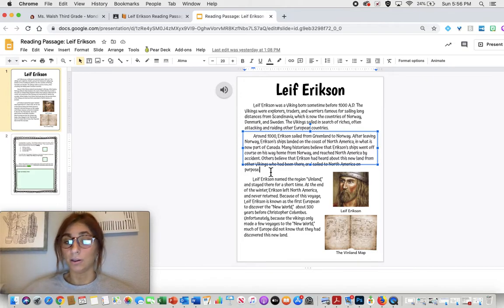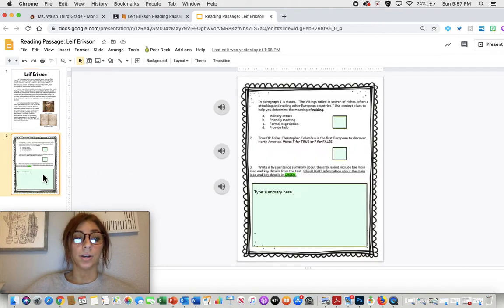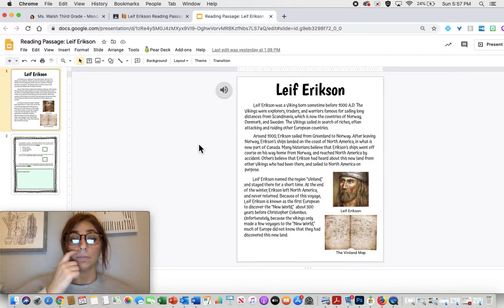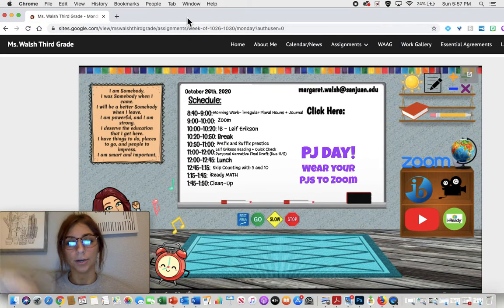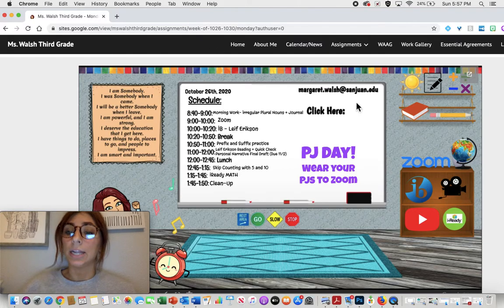This is how scholars do their work. They make sure and they prove that they're right, and that's exactly what we're going to do. So you're going to go back to slide 1 for number 3 and highlight green the main idea and key details. So you can prove and say, Miss Walsh, I know I'm right. Look right here. And then after that, you are going to have an opportunity to begin your personal narrative final